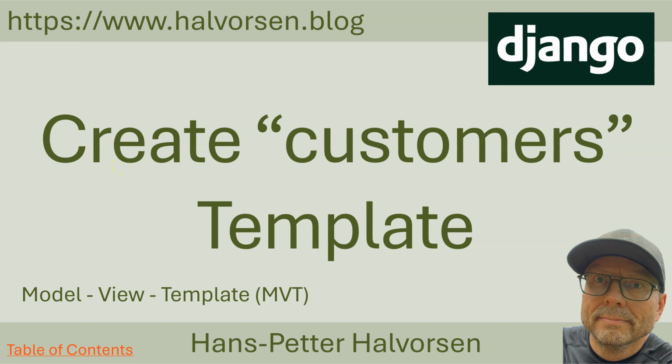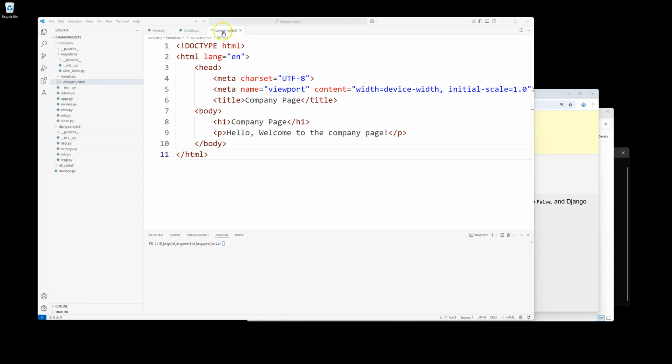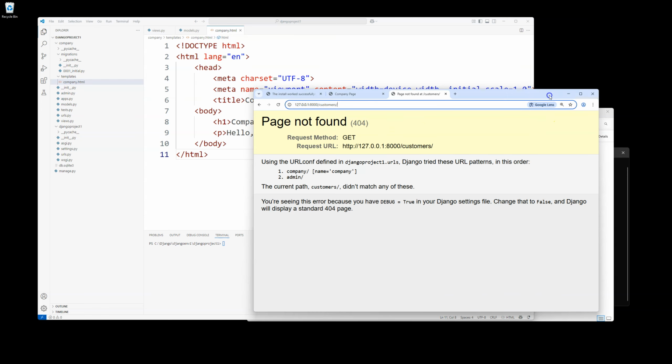Now we have created the customer model. So now we should also need to create a new template, and we can call it customers. So let's do that. We have our existing company.html template, but now we also want to create a new template for the customers, because we want to have